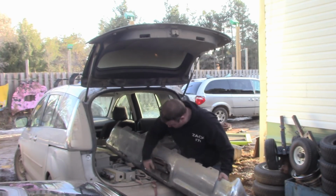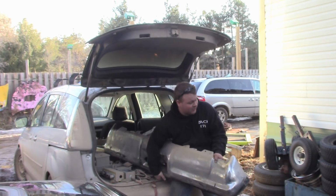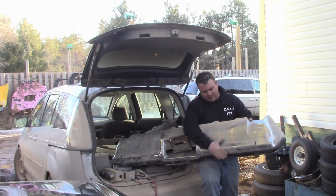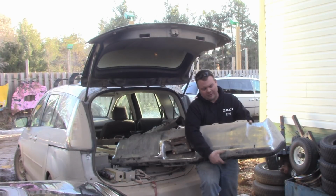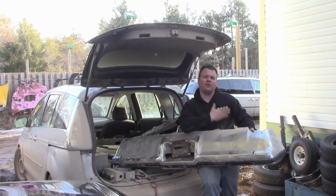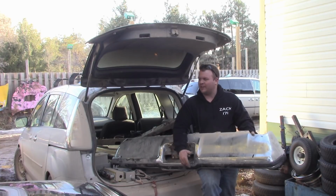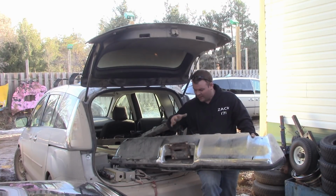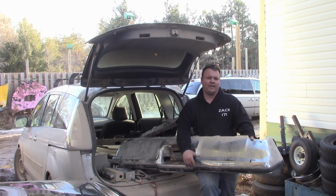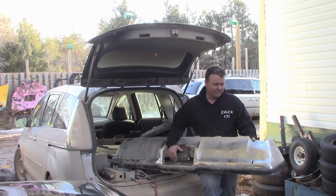But the reason why I'm not 100% sure about this bumper is because of the angle. It's quite heavy, actually. So as you guys can see, I actually have it upside down here, but it's on almost a 45-degree angle, and then there's the top part of the bumper. So if I mounted this upside down, it'd kind of push all the other cars right up onto my hood, which is not really a good thing. Maybe if I was running like a Crown Vic with the back all wedged down, this would actually be a good bumper for the back of that to help me roll over other cars. But on a unibody front-wheel drive car, I don't think this bumper is actually going to be that great,